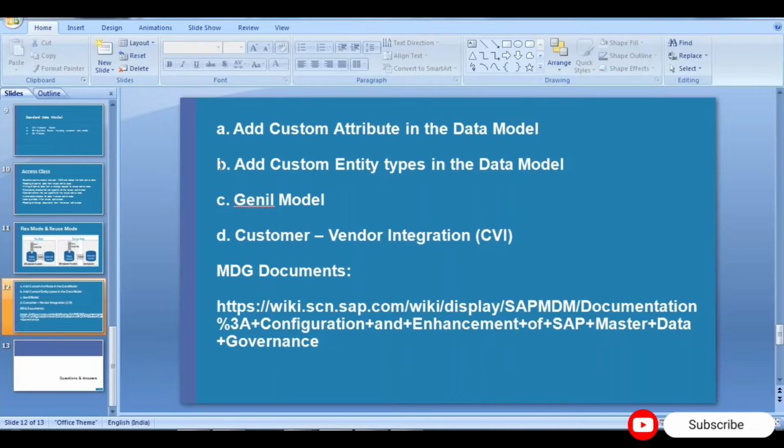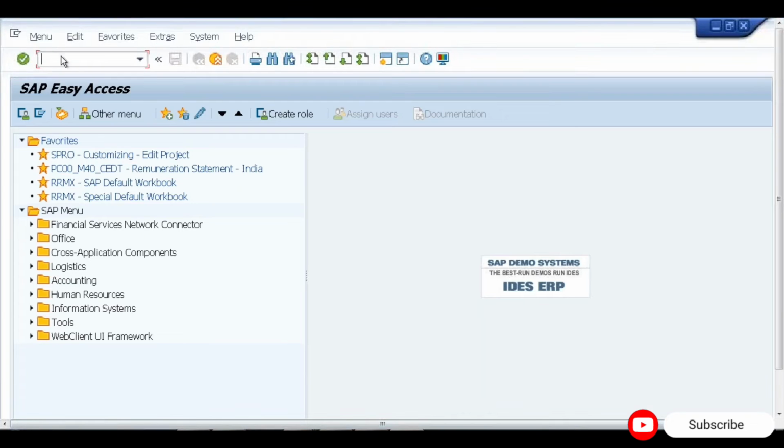Okay. So first thing is adding the custom attribute in the data model. So what we did, we basically extended our data model, and the data model we extended with. So if I quickly show,